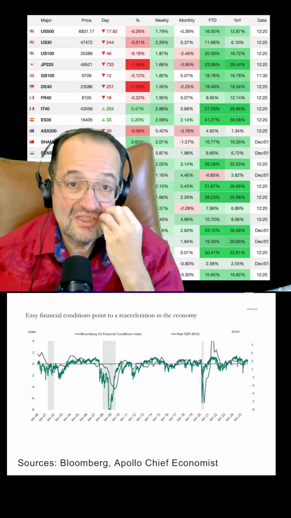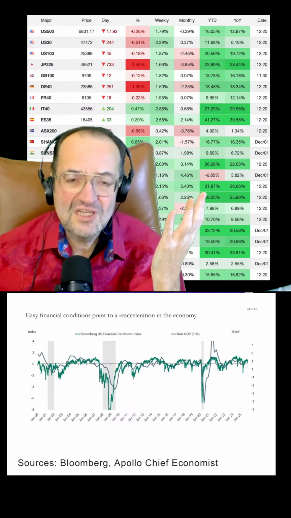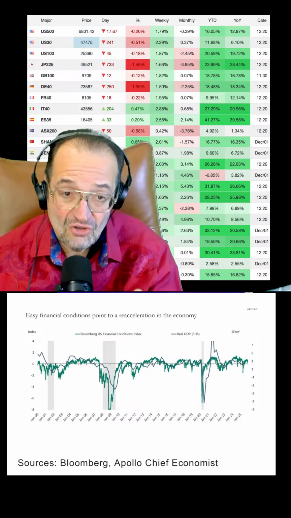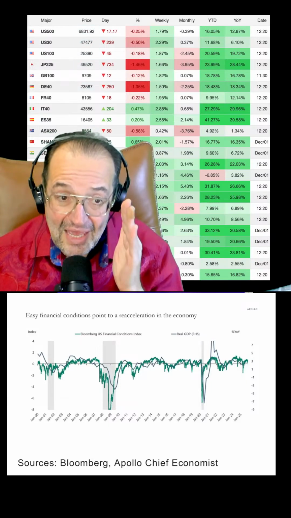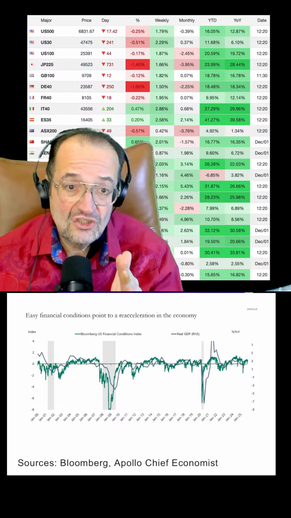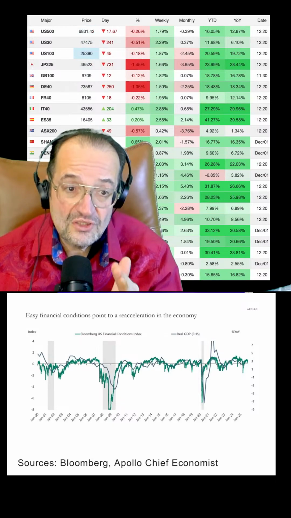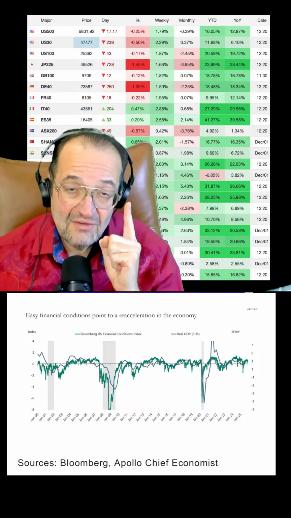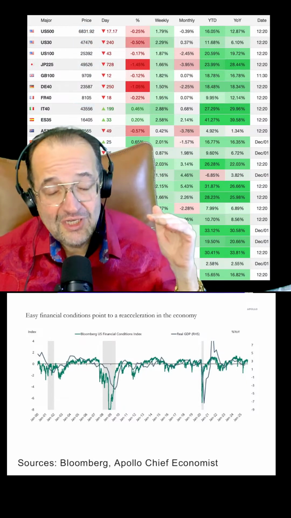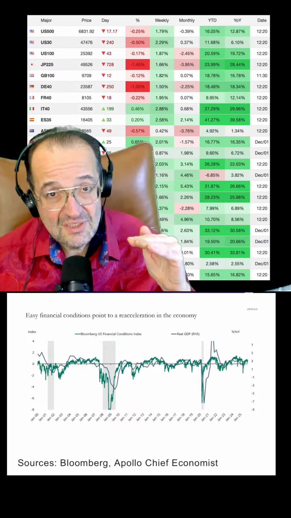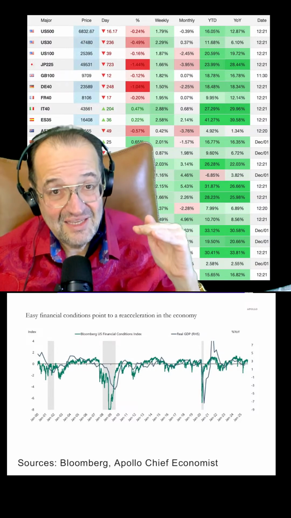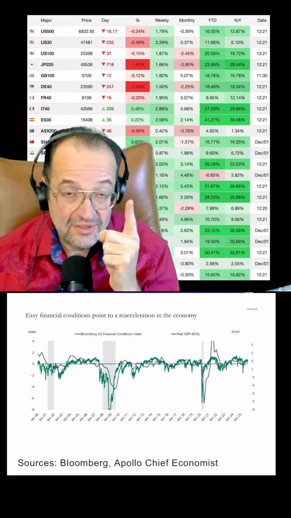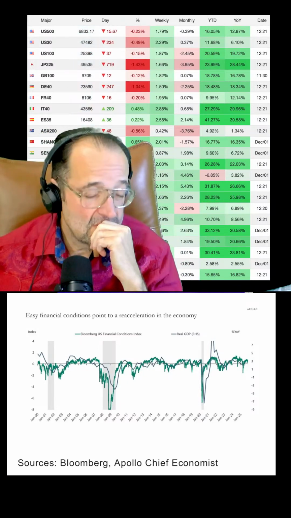And right now, I know there's a lot of discussion: are we having a recession? Are we heading into a recession? Well, look at what has happened historically. Anytime financial conditions begin to ease, future GDP growth almost always follows upward. Remember what I said in my live yesterday? Then when you look at the stock market performance, we're seeing that, yes, we're mimicking some past historical bubbles, but, and this is the but,